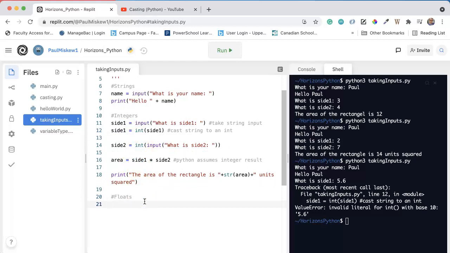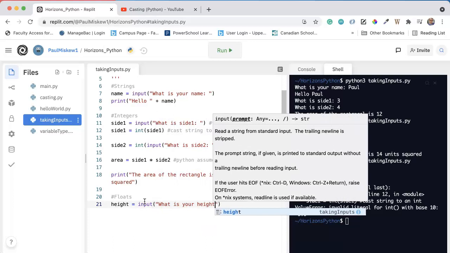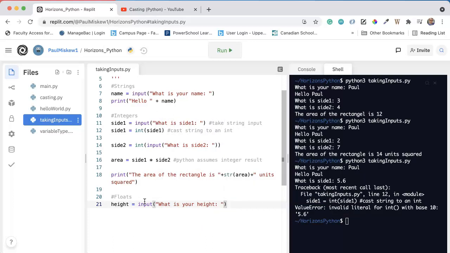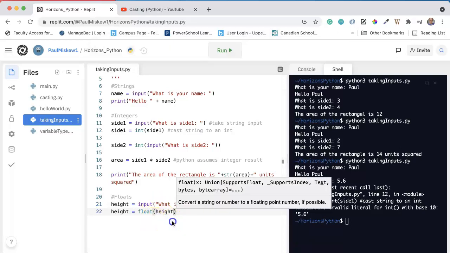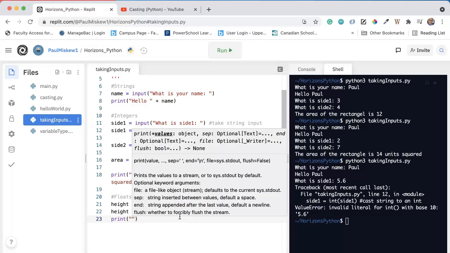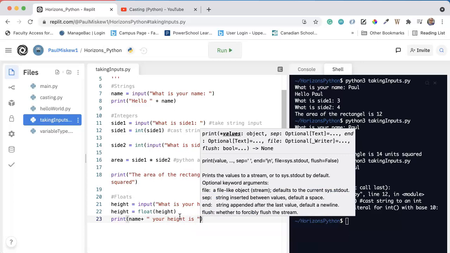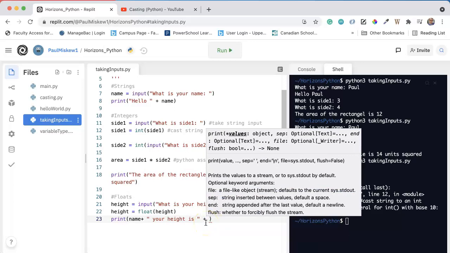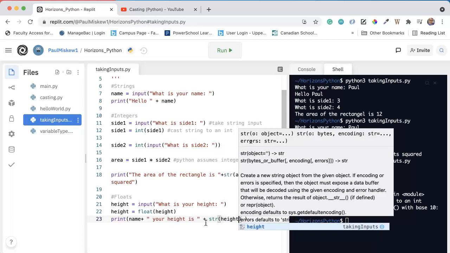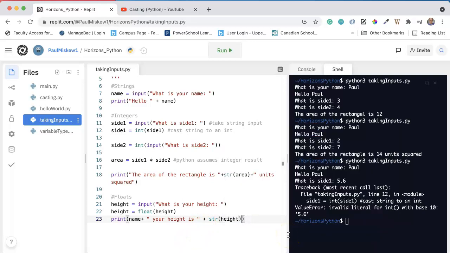But let's talk about taking inputs for floats. Maybe we want to take someone's height. So we're going to say height equals input, and we're going to say what is your height? And again, I'm designing this program such that the person can input heights that have decimal values. So in this case, I'm going to say height equals, I'm going to cast it to a float. And I'm going to print name, your height is, and if I want to put the height variable in here, I have to cast it back to a string to use it in a sentence. So if I save this,